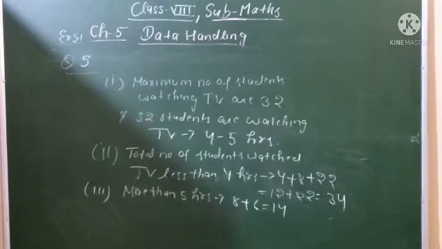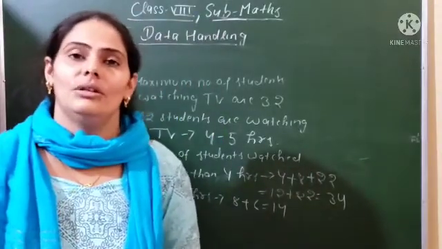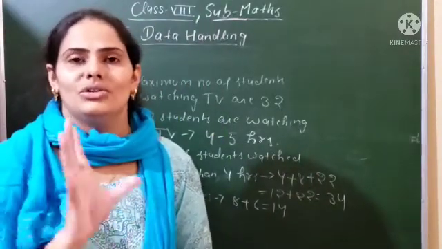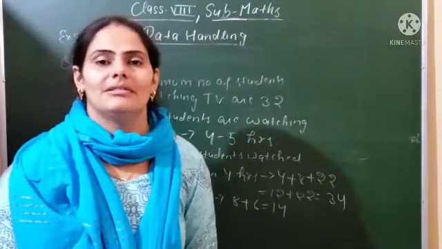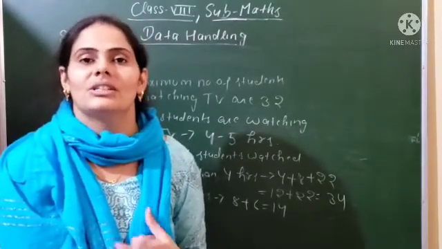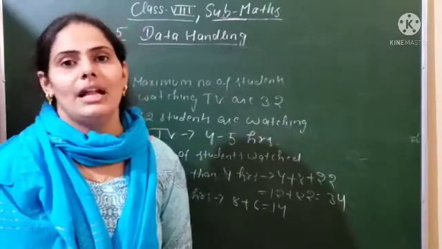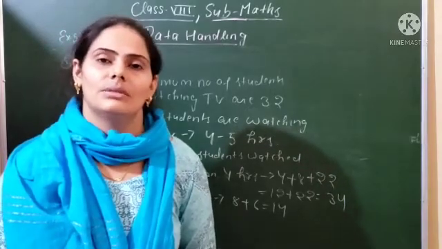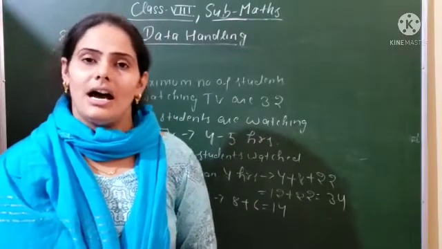So in question number 5, you have to find the answers of the following questions. The histogram is already given in the question, and all the questions are very simple. You only have to go to the data and find the answers. In question number 3, first you have to find the frequency distribution table. In question number 4, you have to use the frequency distribution table of question 3 to draw the histogram, and after that give the answers. In question number 5, the histogram is already given.